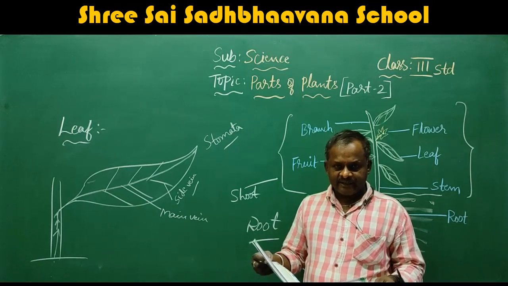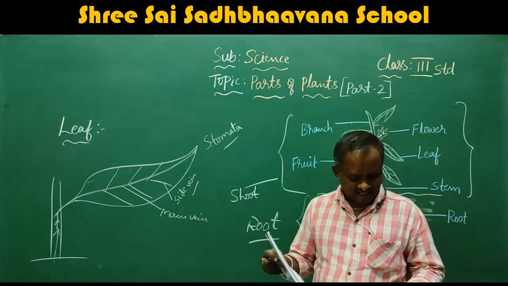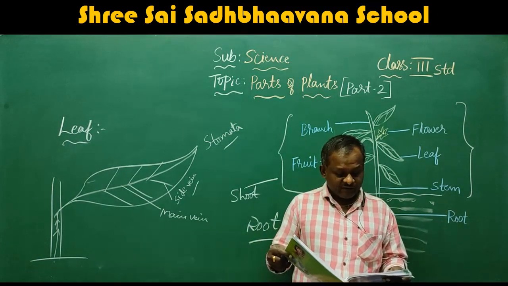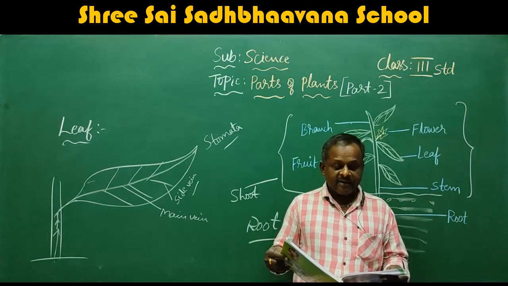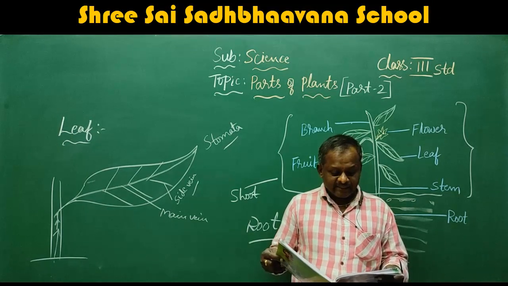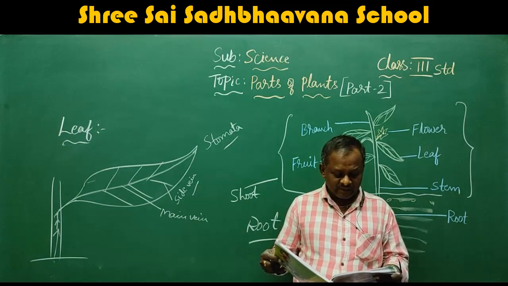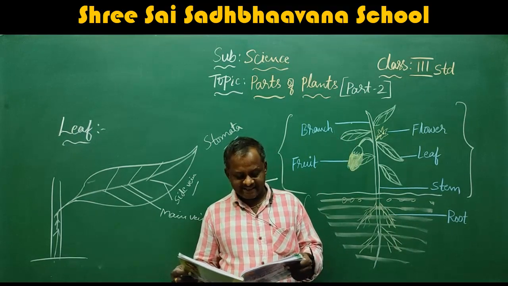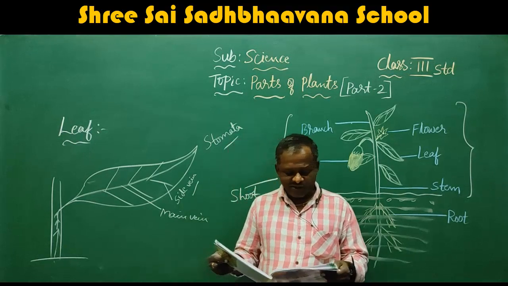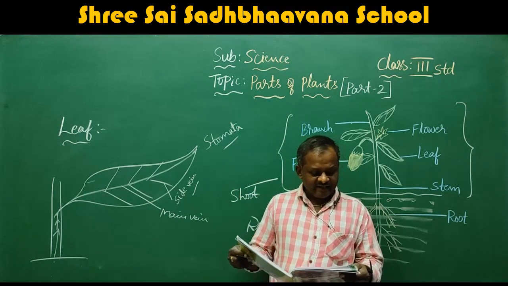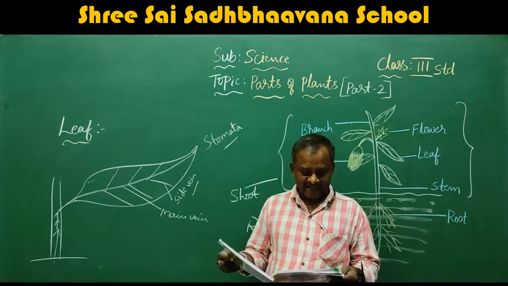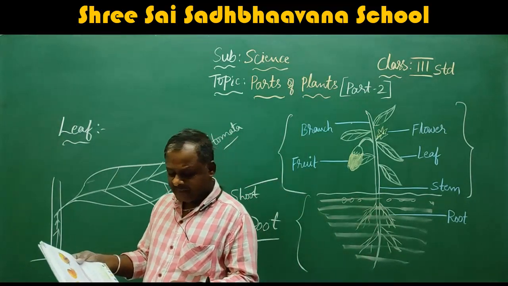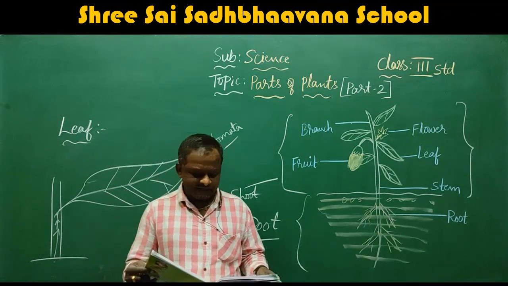Okay, I am reading. A green leaf needs water, carbon dioxide and sunlight to prepare food. The food made by the green leaves helps the plant to grow. The plant stores food in the roots, stems, leaves, fruits, and seeds. A cabbage has food stored in its leaves. We eat the leaves of such plants. A plant needs to breathe. The leaves help it to breathe through its stomata.